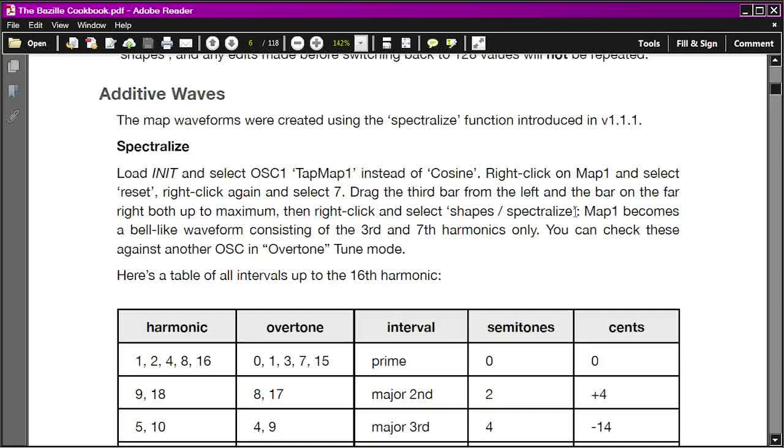Then right-click and select Shapes, Spectralize. Map 1 becomes a bell-like waveform consisting of the third and seventh harmonics only. And you can check these against another oscillator in the overtone tune mode. And then it shows a table, which we'll get to in just a minute. So going back to the synth,